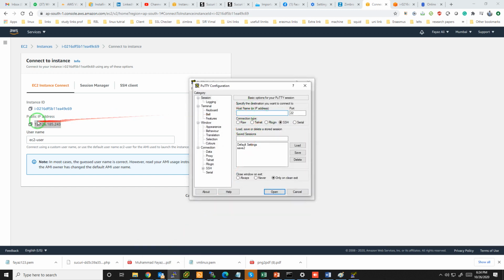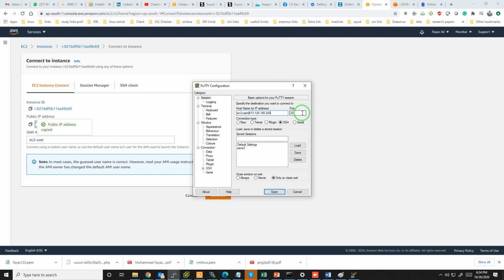First of all, copy the IP. Then write ec2-user@ and then the IP. By default, port 22 is allowed for SSH, so SSH uses port 22 by default.